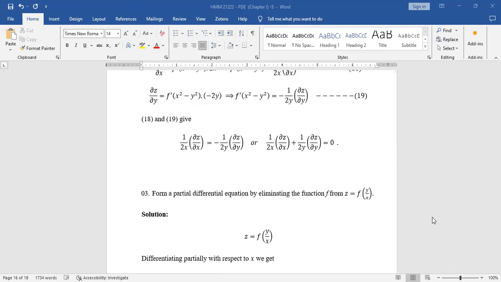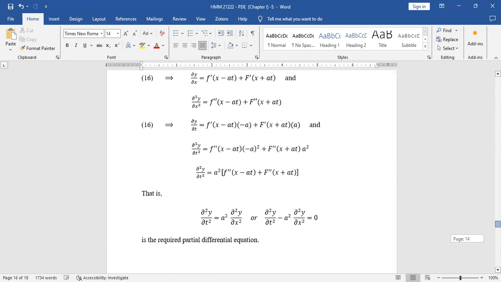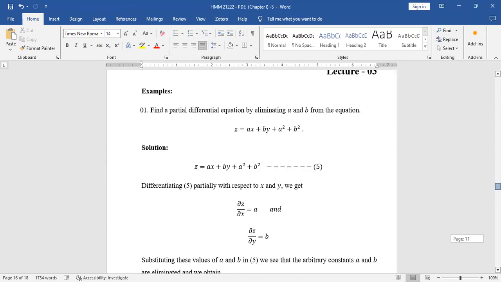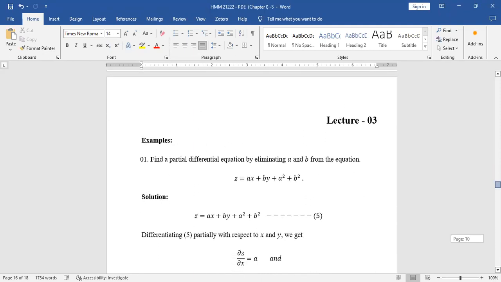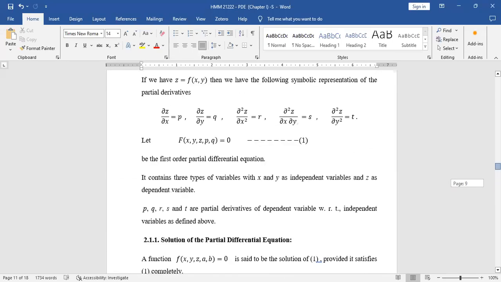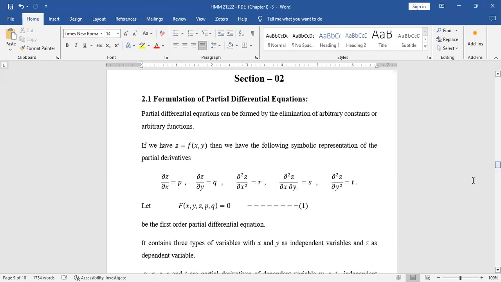Okay, let's begin our lecture number 3 of PDE. So we have finished our lecture 2 on the formation of the PDE. Okay, so in the formation of PDE, we have seen there are some symbolic representations we can use to define